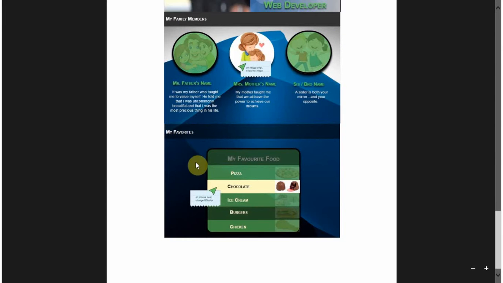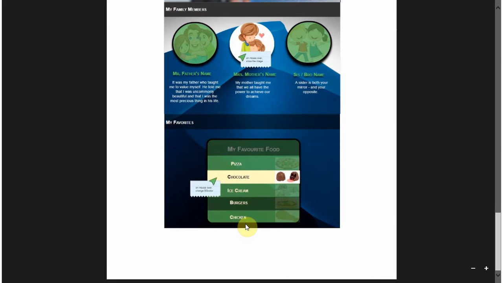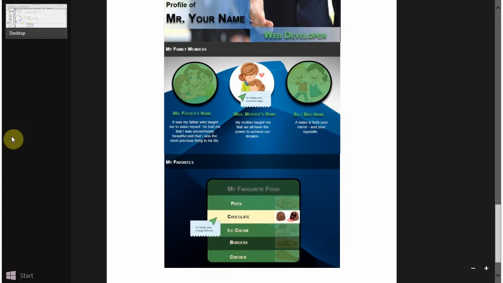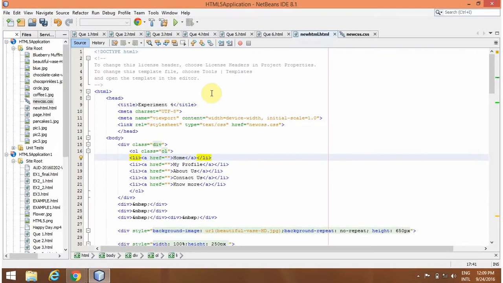Our fourth part is our favorites. In this we have food, and whenever we move our mouse to a particular row, it should get highlighted. For this we use hover effect with nth odd or nth even. So let's see how the code looks. So starting with